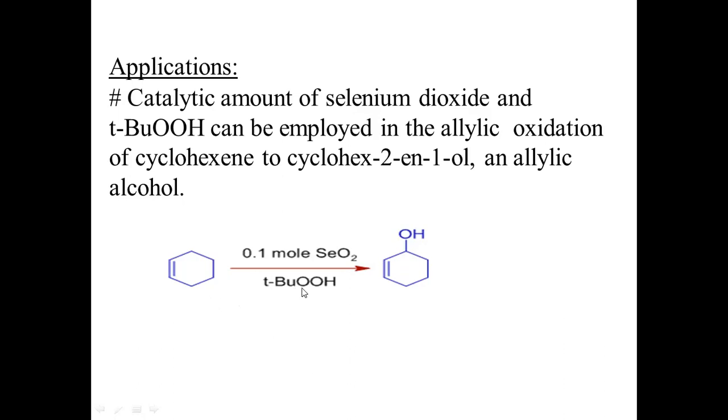Okay, so when you are using a catalytic amount of tertiary butyl hydrogen peroxide, in this case with the usage of selenium dioxide on cyclohexene, cyclohexene will give you, it is also an allylic oxidation type. So it will give you cyclohex-2-en-1-ol. This is a cyclohexanol type skeleton with a double bond, in this case cyclohexenol. So oxidation is taking place at this allylic position even on the cyclic skeleton.